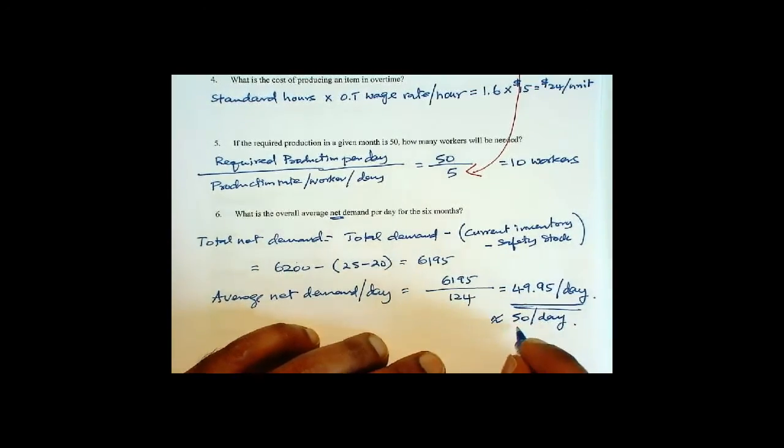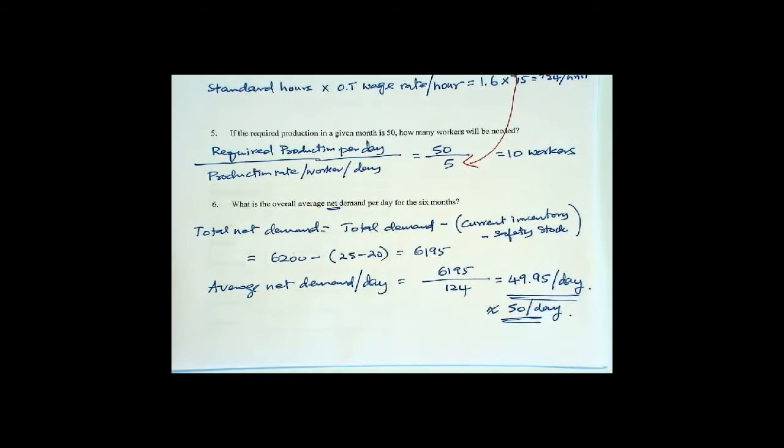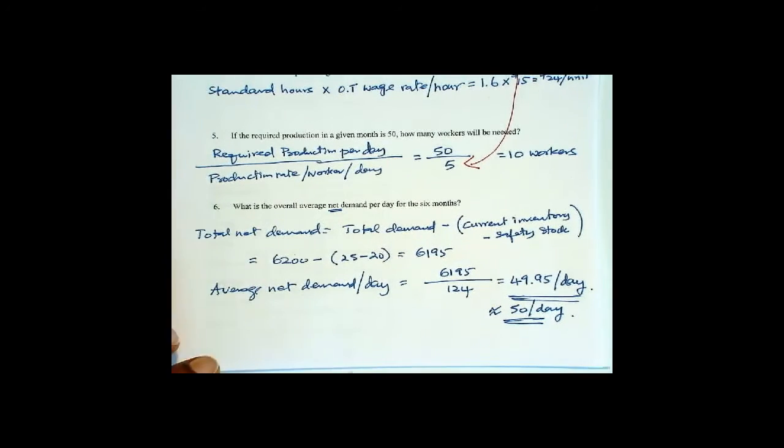You have to be very careful about rounding. If you round up like this, it's not going to matter. You'll produce a little bit more than what you need. But suppose this had been 49.05 and you round it down to 49, then you will produce less than what you require and you will end up with less safety